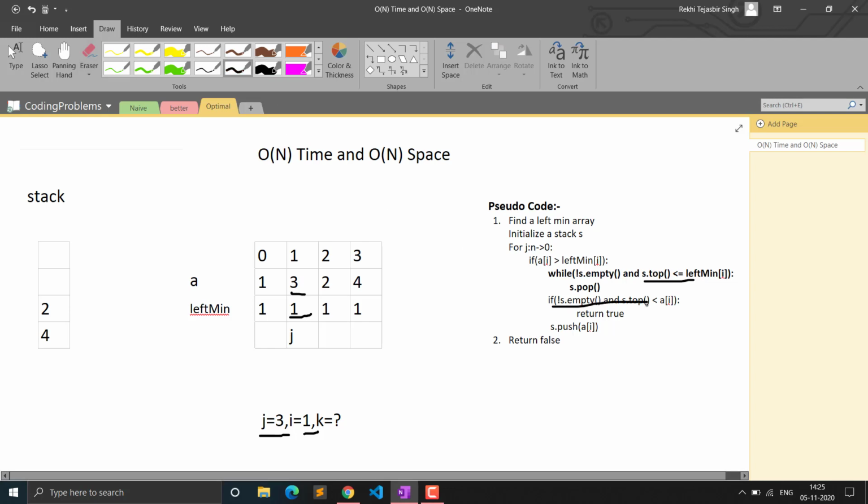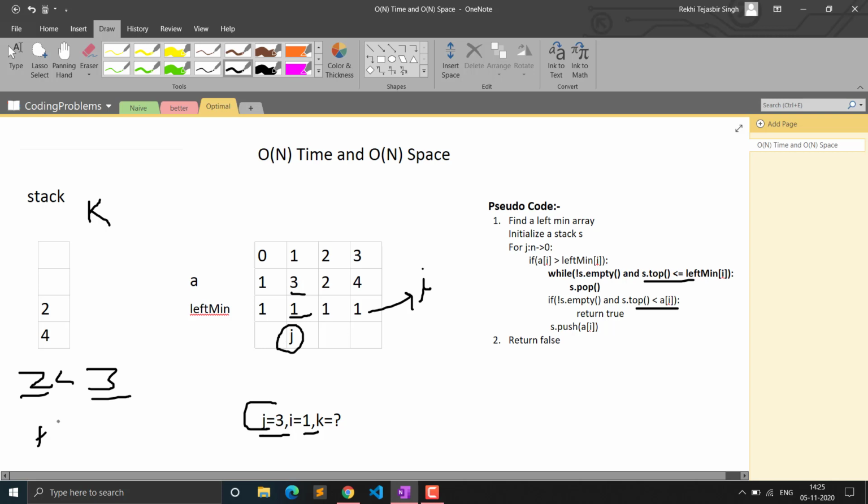So next condition will be checking for a of k, which should be less than a of j. So you can see a of j here is this 3, and 3 is obviously greater than 2. So this stack is used for finding the k element, okay, and this j loop is actually used for finding the j element only, and these are the I elements. For making it simpler for you, you can see now our k element is 2, and we are on this element 3, and it is greater than 2.